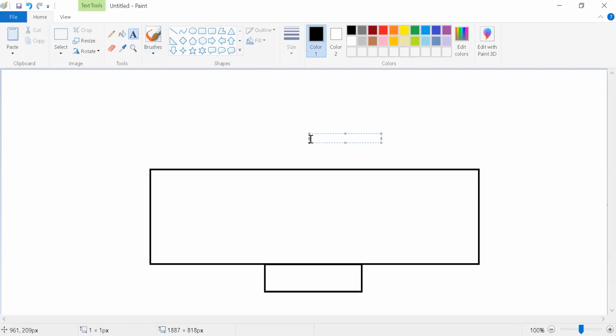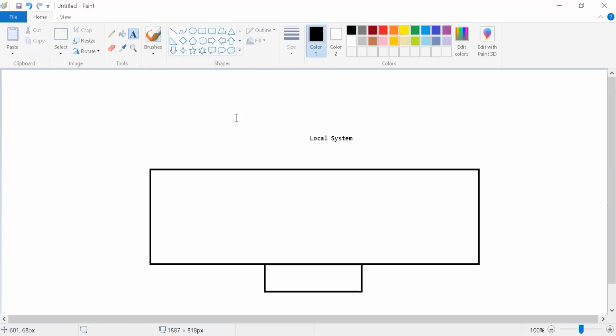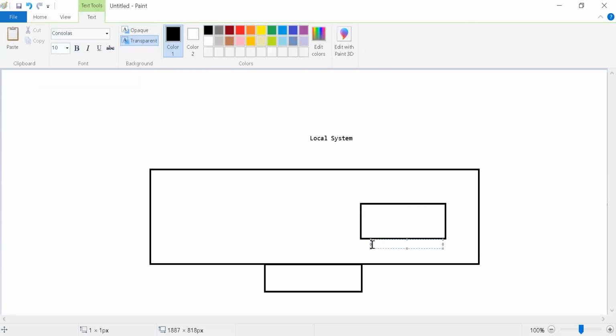This is our local machine, the local system. In our project we have one file called the project object model, pom.xml.